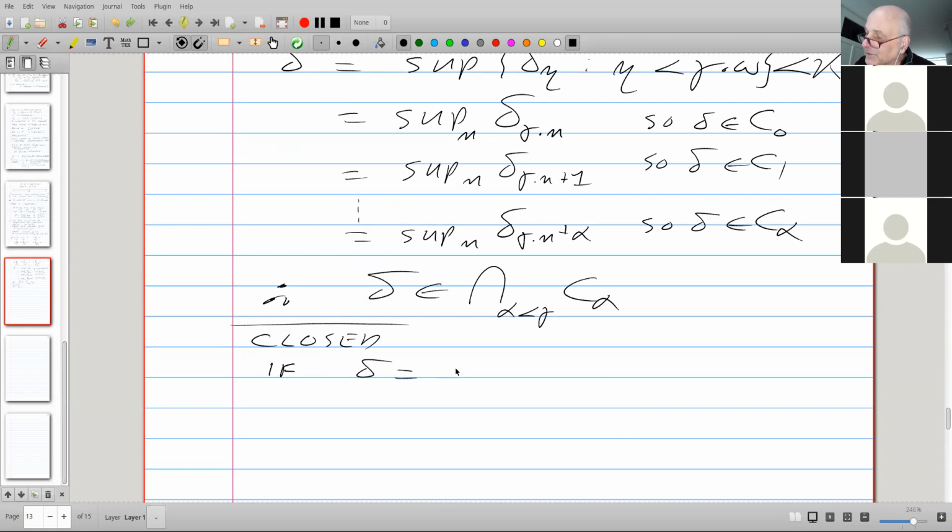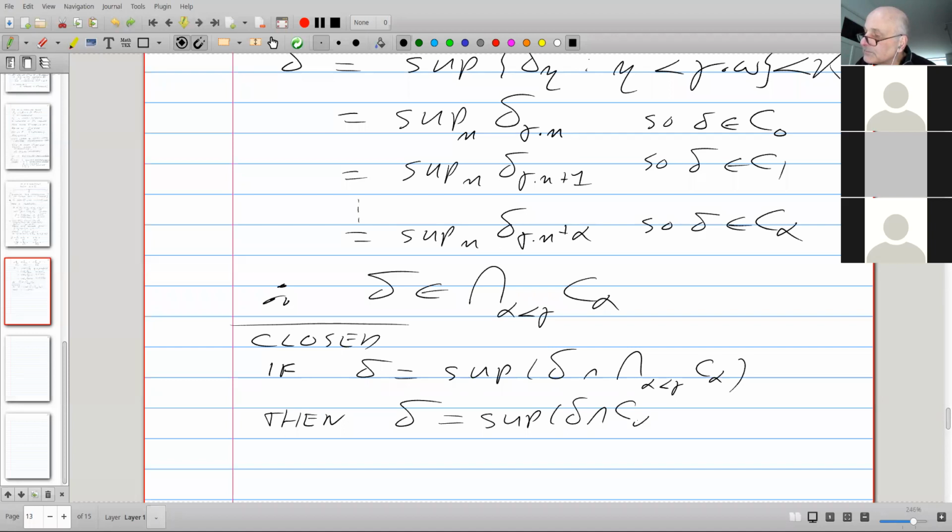If delta is the supremum of delta intersect, then certainly delta is the supremum of delta intersect C alpha for every alpha.